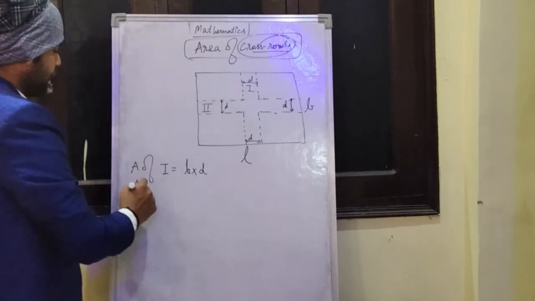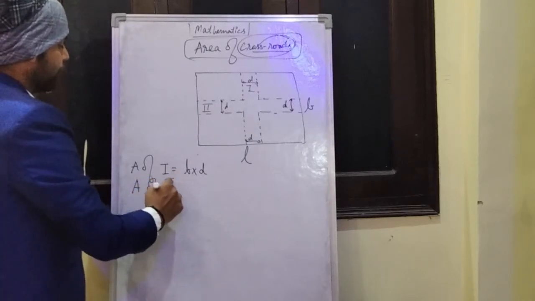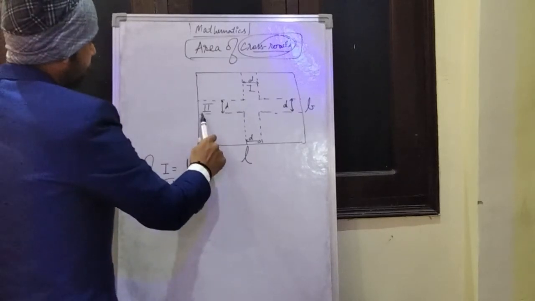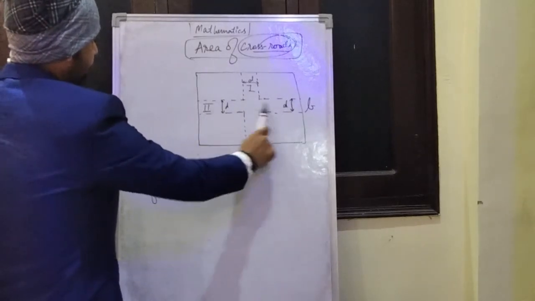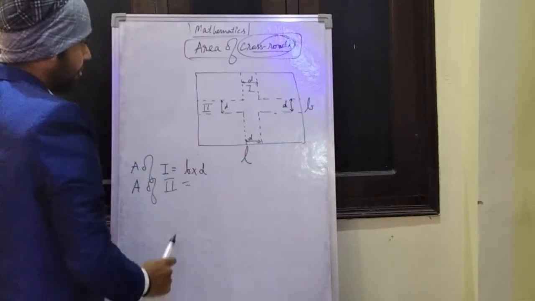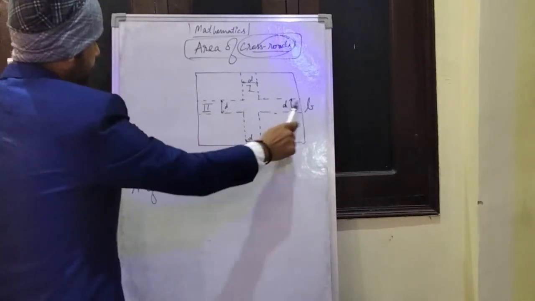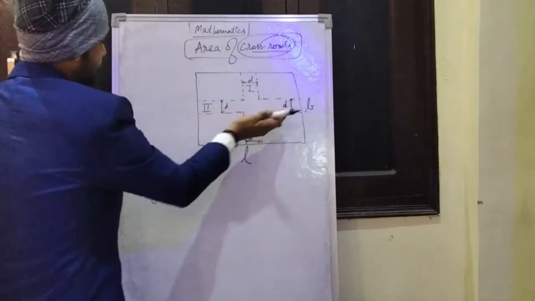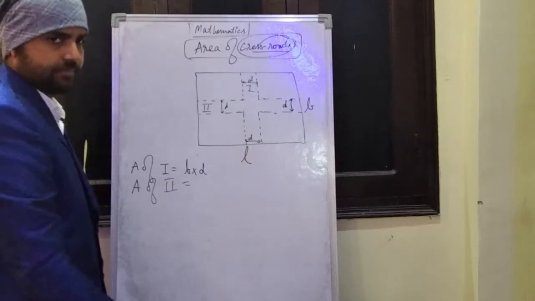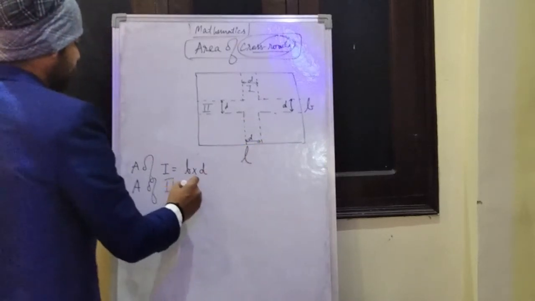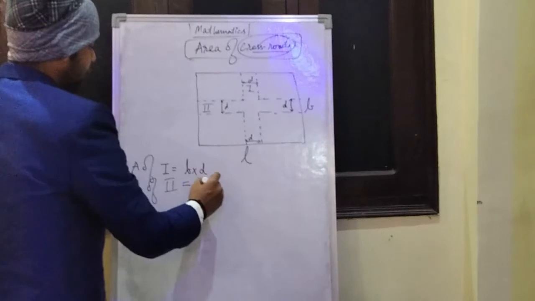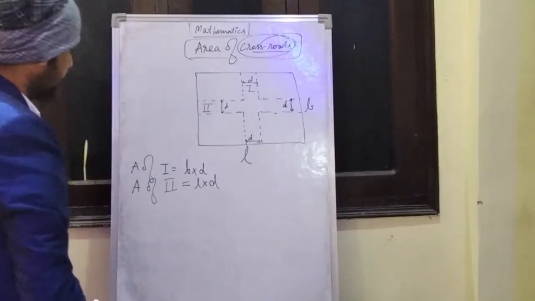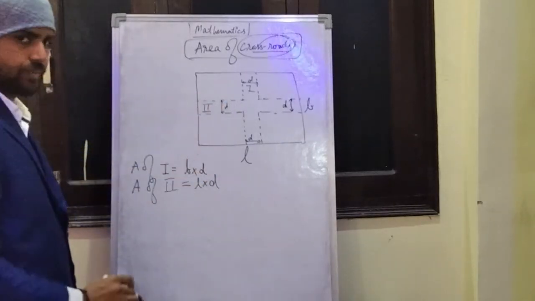Similarly, we can find out the area of road 2. Here you can see that the breadth of this rectangular path is D throughout. But what would be the length of this rectangular path? It will be equal to L, because this length is running parallel to the length of the garden. So the length is L and the breadth is always D, so length into breadth. I hope the area for the first part and second part is clear to you.